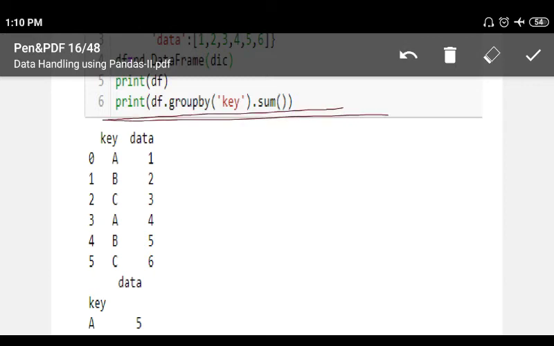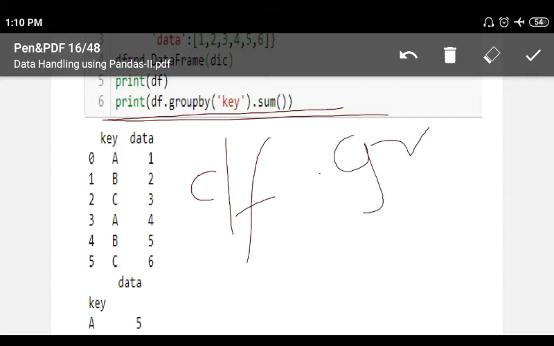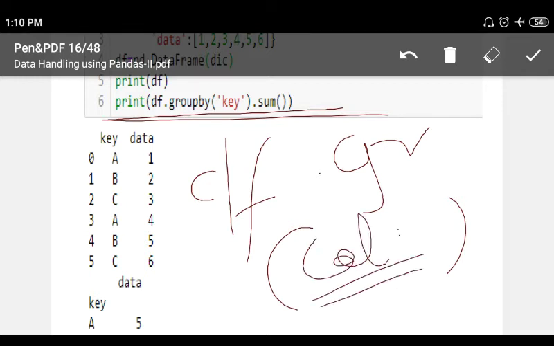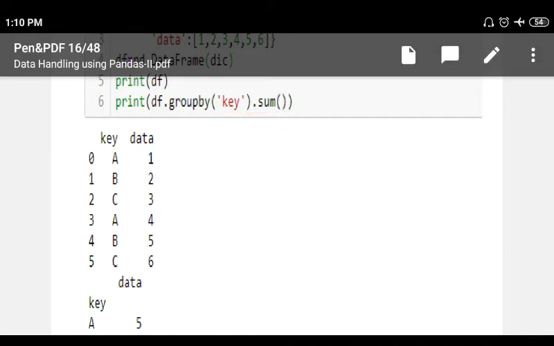How to write it? Data frame dot groupby, and inside the brackets the column on which you want to perform grouping. If multiple columns are there, you have to put square brackets. So this is the simplest example.